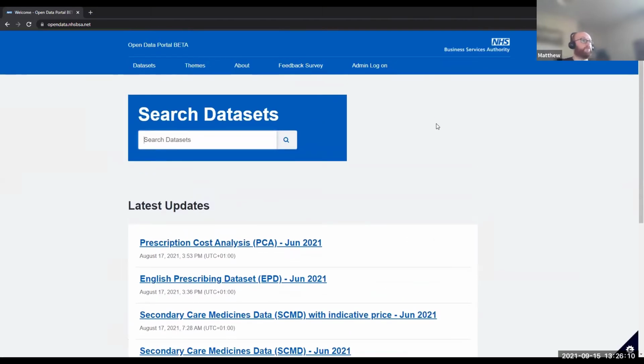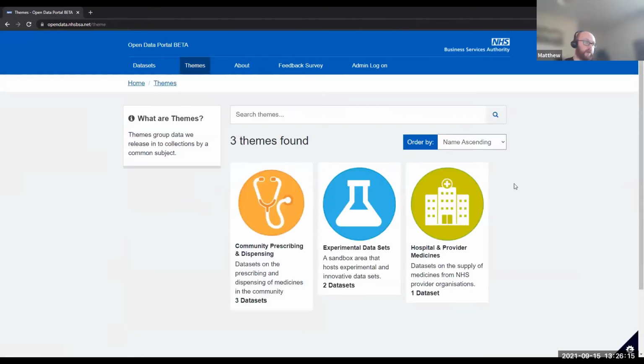Obviously, if you want to do a bit of exploring, you can instead go to our themes page, which we use to group together our data sets into consistent themes. So we have 3 themes on there at the moment. We have community prescribing and dispensing, because that is probably our main data output at the moment. We have secondary care medicines data, which is data that relates to hospitals instead of GP practices. And then we also at the moment have an experimental data sets area,